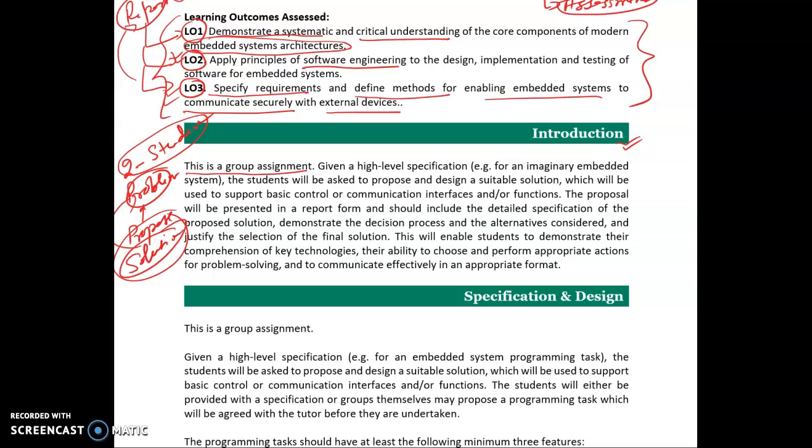In order to propose the solution, you need to demonstrate the decision process, you need to explain the alternative considerations, and you need to justify the selection of the final solution. So what does this mean?